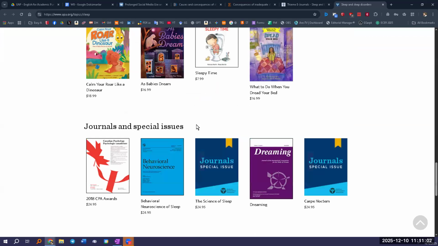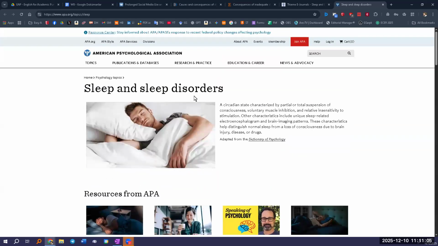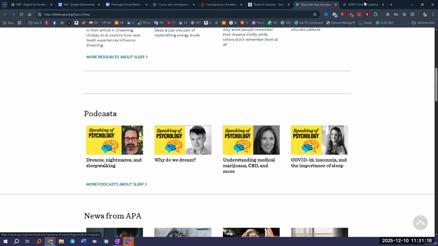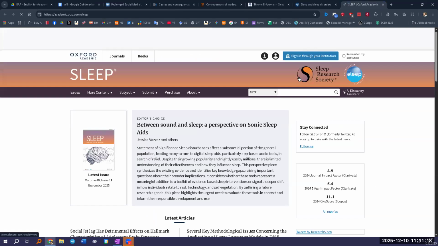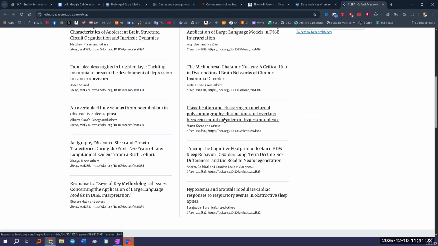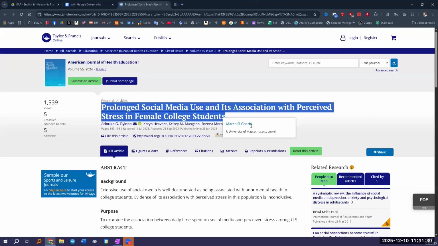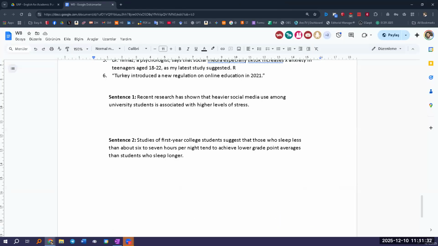So this itself is an overview of books and resources on sleep and sleep disorders. All right. Of course, I should choose something related here and then read about it. And this last one is not related, by the way, because it doesn't talk about student success. Okay, so you did good. Let me give you another one.